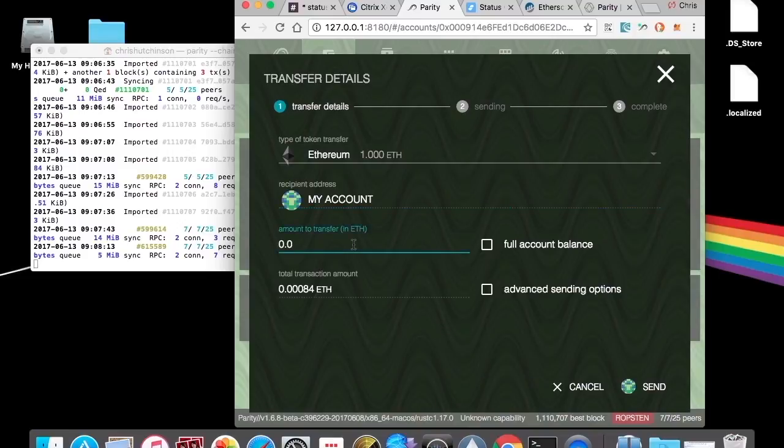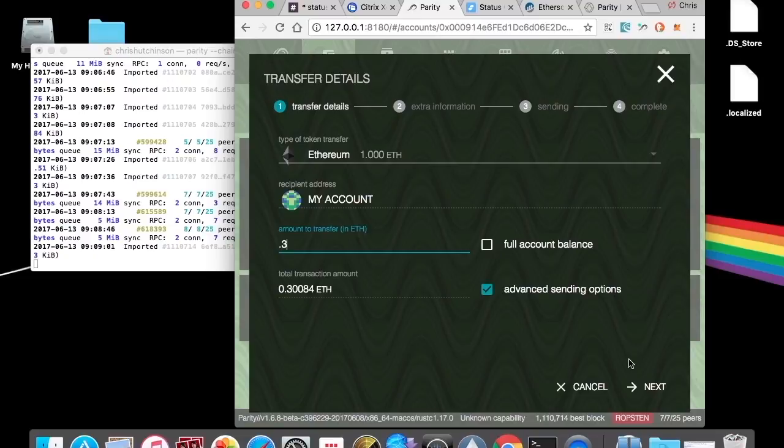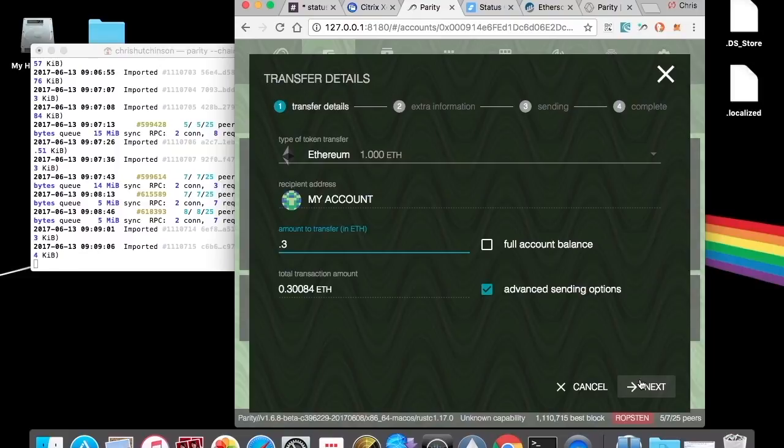And then we're going to select the amount of Ether that we want to transfer. And we're going to check this advanced sending options. Since we've got this checked, this is going to enable the block send feature, which is one of the main utilities of using Parity. You're going to be able to send the transaction at a specific block when it comes up on the chain. So you're going to click next,